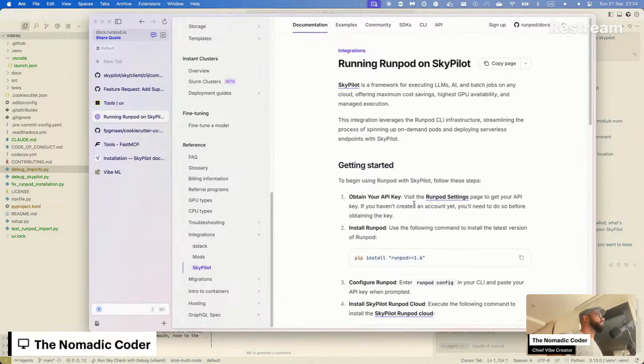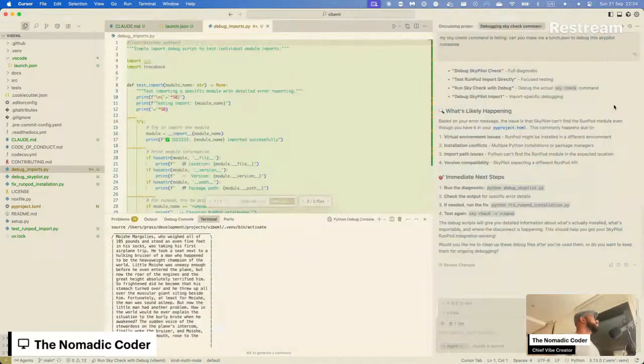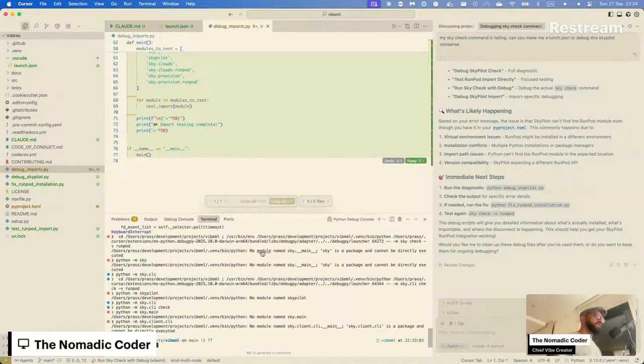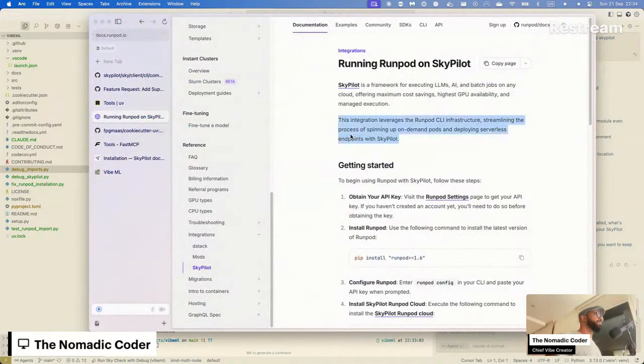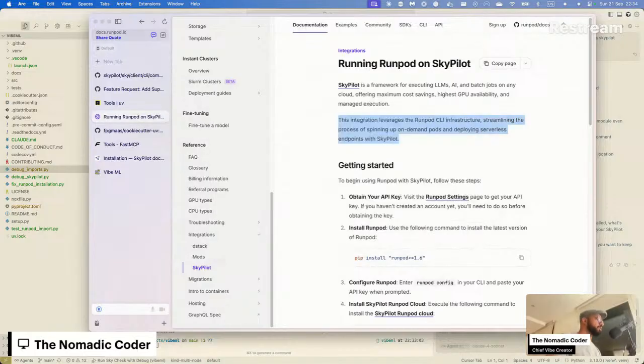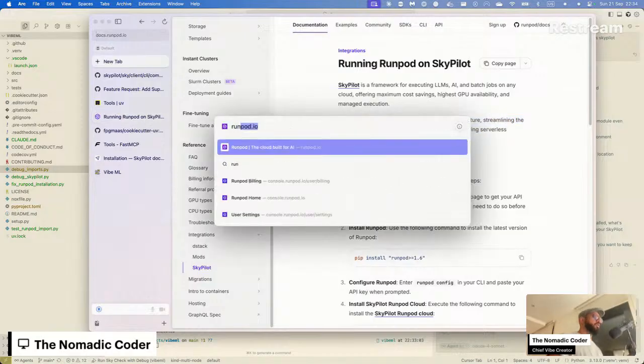Oh, I'm getting hungry. Why is something so basic like this not working? Maybe I'll just do GCP, but then it's going to cost a lot of money. RunPod? No, SkyPilot.